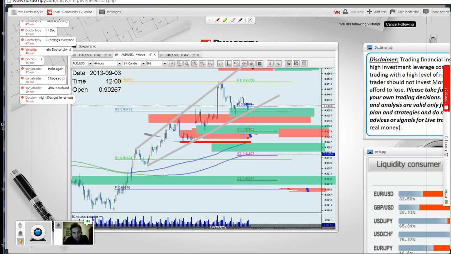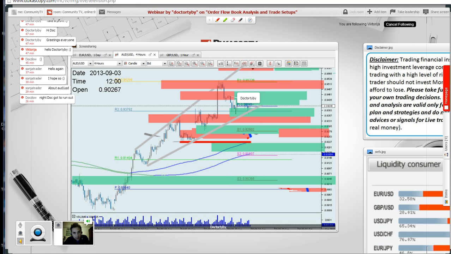0.95 supply. Buy stop orders here, and then supply at 0.95. Also some supply on 0.9450, but the demand is stronger. What this chart is showing us, of course, is a high probability,